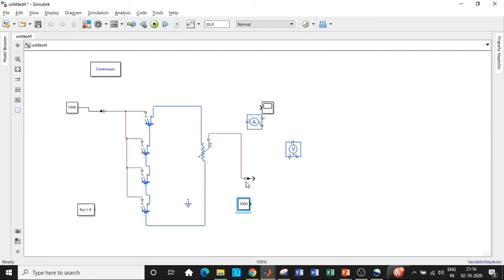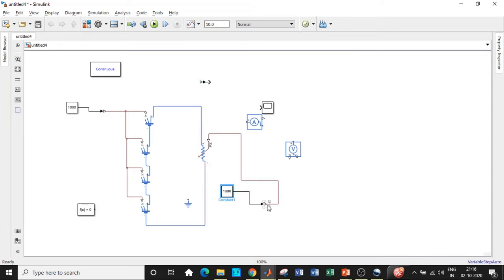So this is a physical system to Simulink converter. What I will be requiring is a Simulink to PS converter. So what we'll be doing is copy-pasting this block again and placing it. We'll be requiring this later, so copy this and place it in a separate position over here. I'll be requiring this particular block, and I'll be connecting it in this particular fashion.